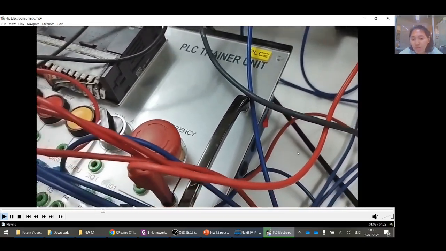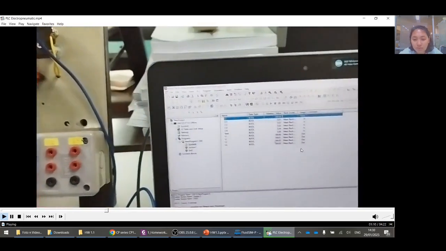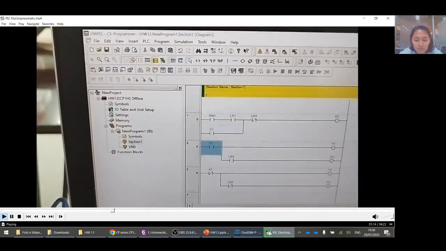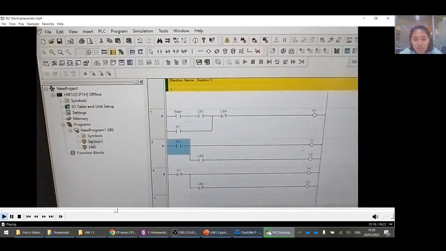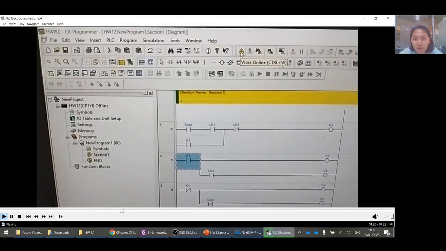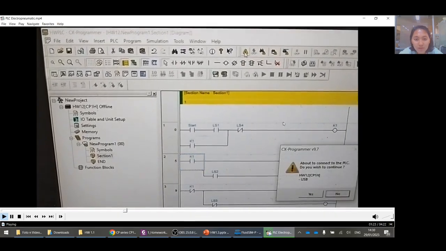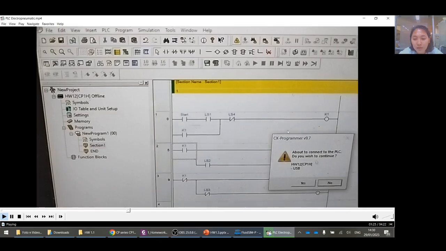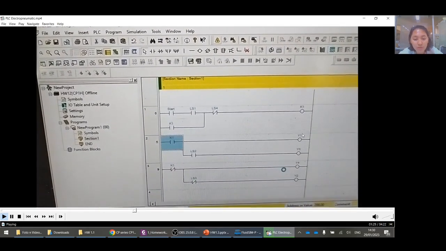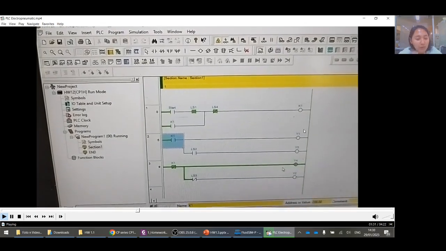Power on. And this is the way I upload the program, or in this application the name is download from computer to PLC.